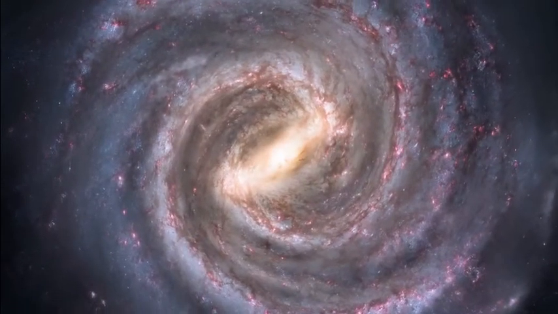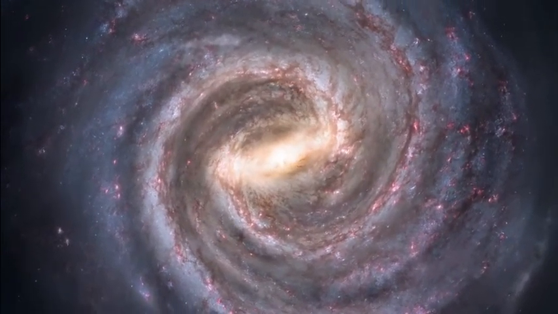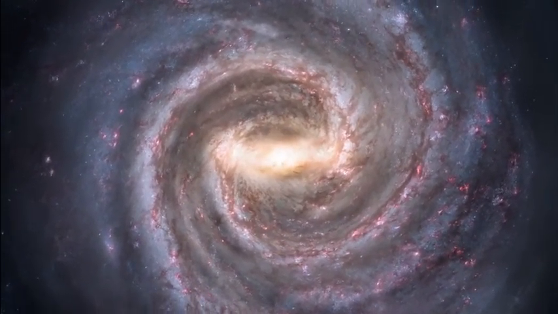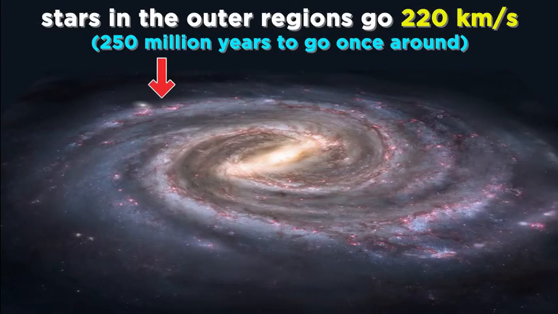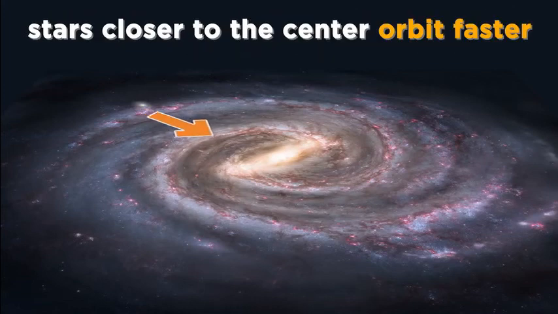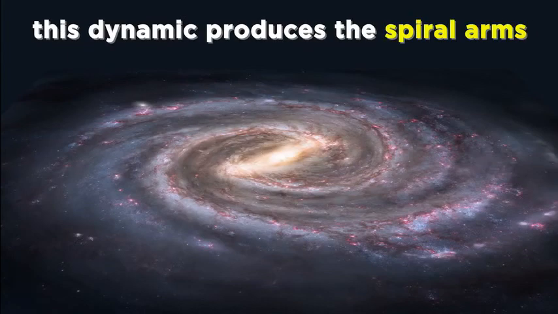So what do we know about the formation of the Milky Way? Well, its rotation provides some information. Stars outside of the bulge move around the galactic center with a speed of around 220 kilometers per second. That's astonishingly fast by earthly standards, but even so, it takes stars in the outer areas about 250 million years to go once around. The closer stars are to the center, the less time they take to orbit, just like planets around their sun. In fact, this is the phenomenon that is largely responsible for the formation of the spiral arms in the first place.